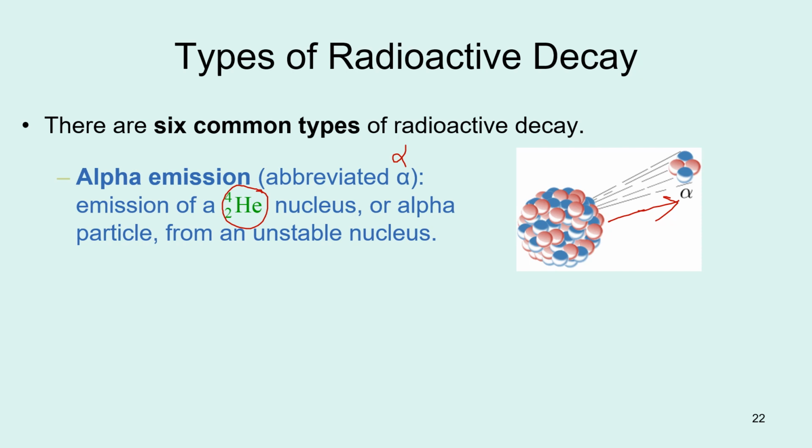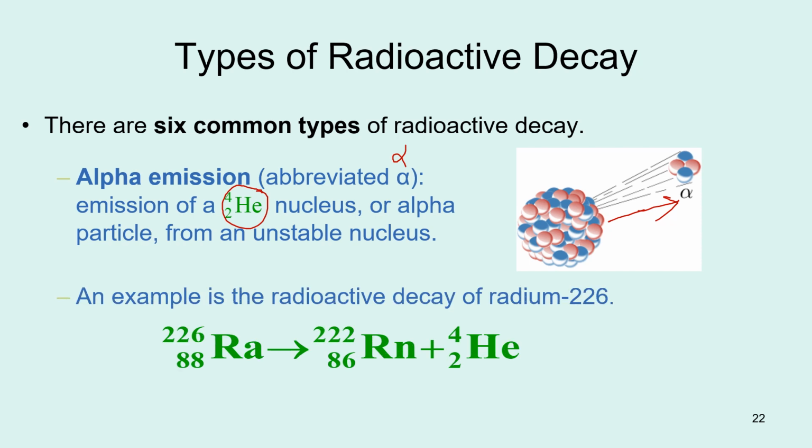And so, of course, what's left over inside will have 2 protons less and 2 neutrons less. 2 fewer neutrons, 2 fewer protons. So here's an example of a radioactive decay of alpha particle. You can see here,